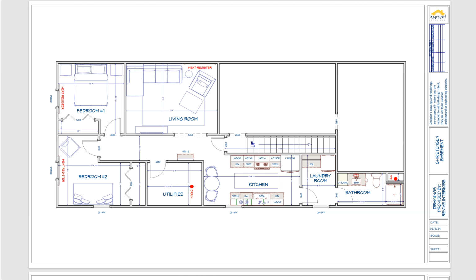To your left, you'll see this little table, and then it has a mirror above it, or a little cabinet, I should say, with a mirror above it. I'm kind of thinking this has like a drop zone area for mail or for keys. You could also slide it one way or the other and put a couple hooks or like a coat stand next to it, just to create, for whoever might rent this out as an apartment, kind of like a coat storage